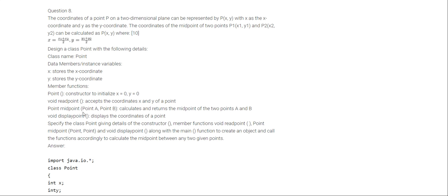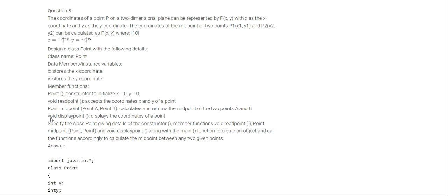So this method is used to calculate the midpoint. Here we are not declaring two different variables for two different points. With the help of a single variable, we are going to calculate the midpoint, and with the help of this single variable, we will store two different values with the help of two different objects. This is a very important thing when we use objects: with the help of objects we save different values in different objects. So here we are going to use the same property of objects or references.